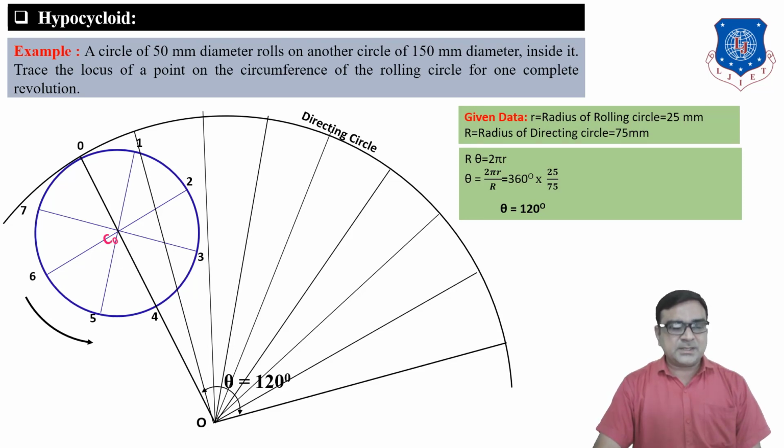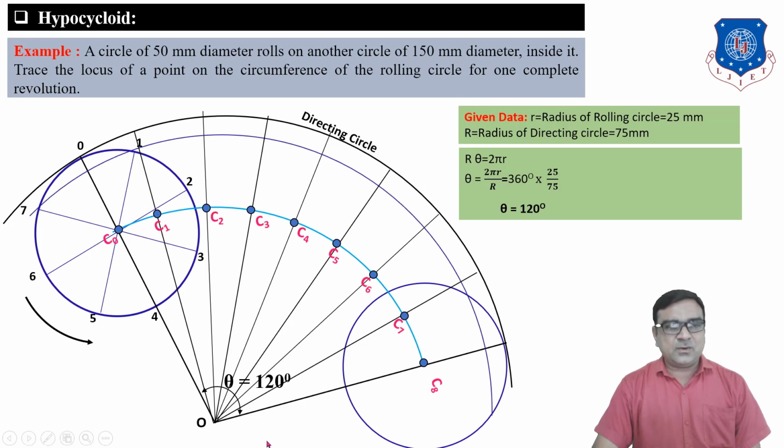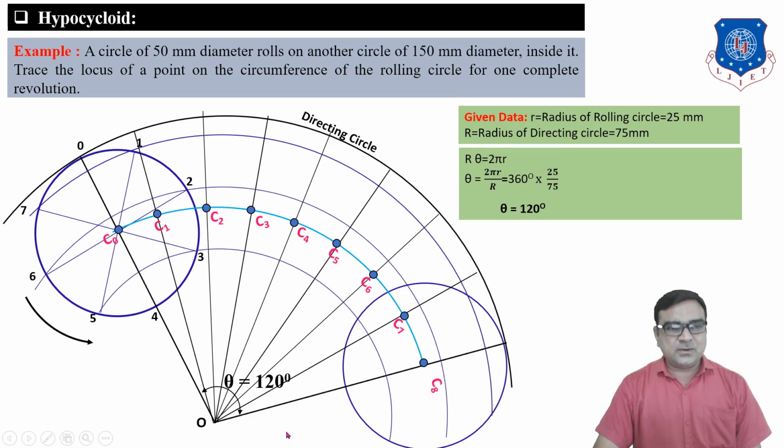C0 is center of rolling circle. Now draw arc by taking O center, OC0 radius. This is the center arc in which we will get the C1, C2, C3 points. This is the end of circles after one rotation. Insert the center points C1, C2 up to C8. And draw arc by taking O center O1 radius, O center O2 radius, O center O3 radius, and O center O4 radius. Now to obtain the point of hypocycloid, we have to take C1 center, 25 mm radius, and draw arc